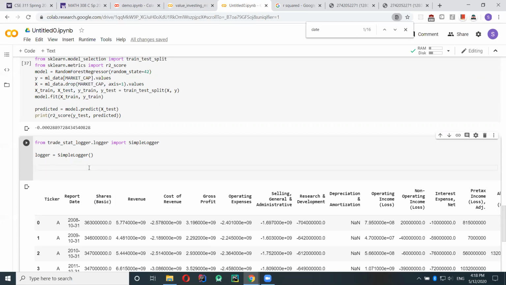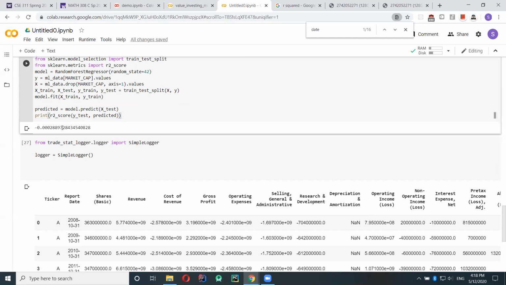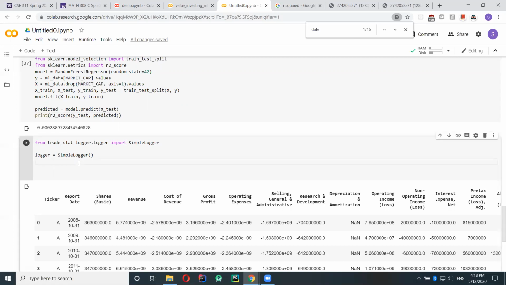However, when you set a random state, it makes it deterministic. So every time I run this, I'll get 0.00028889. And that's what random state is for. I think this is really good for replicability, when someone else wants to replicate your experiment.